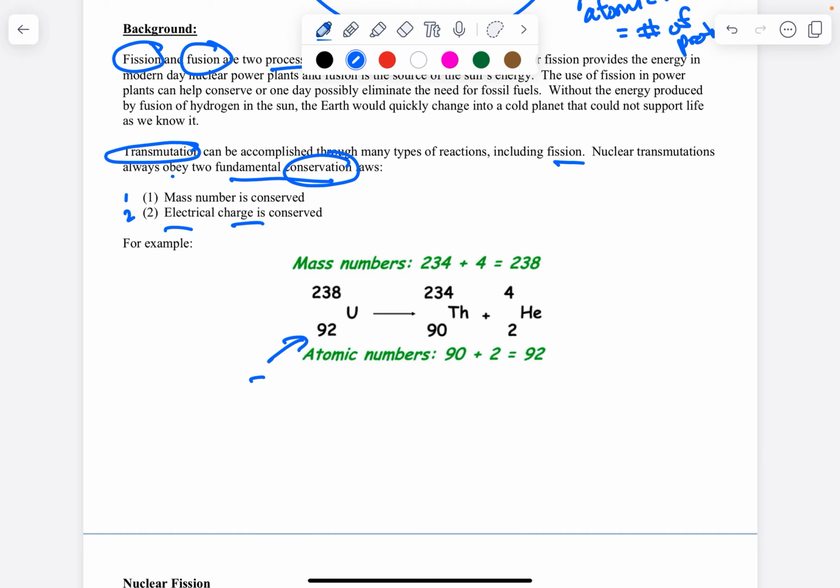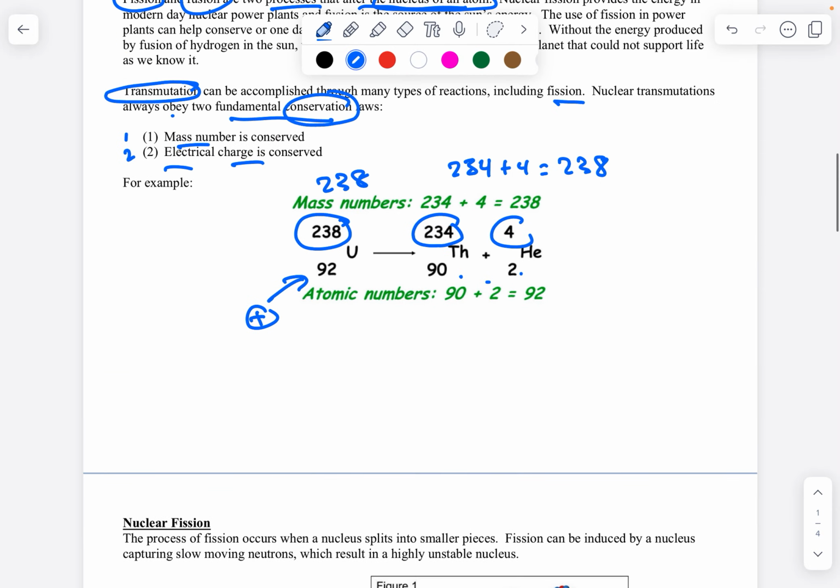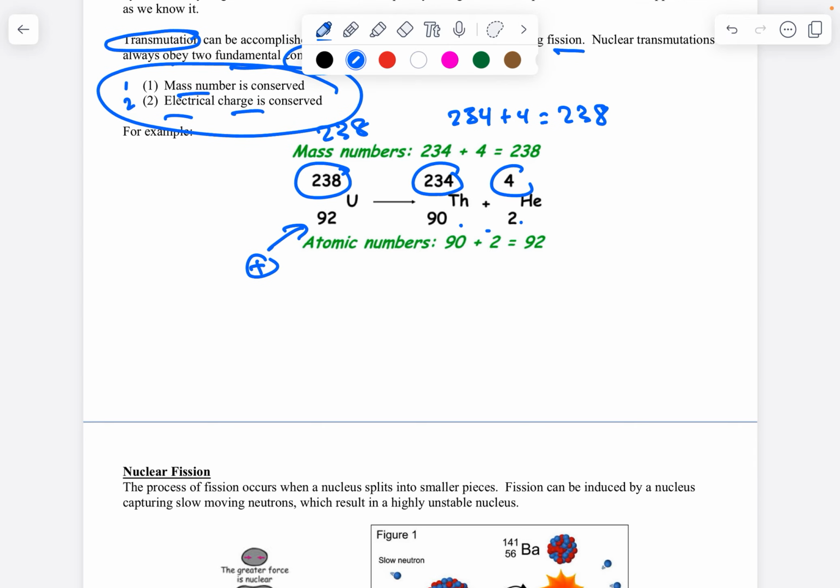here we have a positive charge of 92, and then you can see that when they add together, it gives us 92. Okay, mass is conserved. You can see 238, 234, plus 4, that gives us 238, as written there. So these two rules are what you have to remember when you are essentially writing down nuclear reactions. Okay, so this is a nuclear reaction equation,